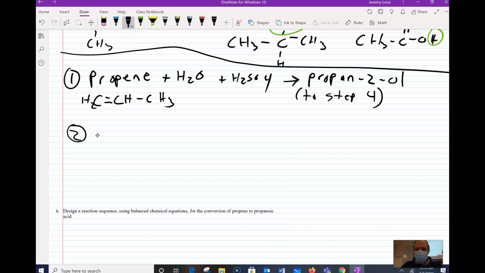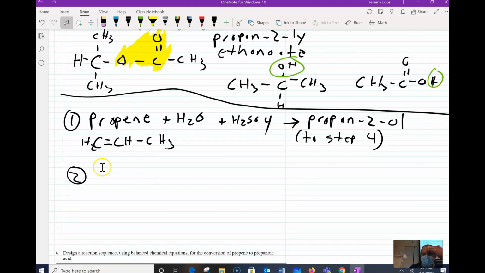So now I need to end up with this carboxylic acid, but I only have alkenes. We've never learned anything where we can make an alkene directly into a carboxylic acid, but